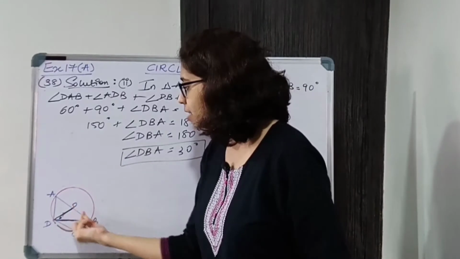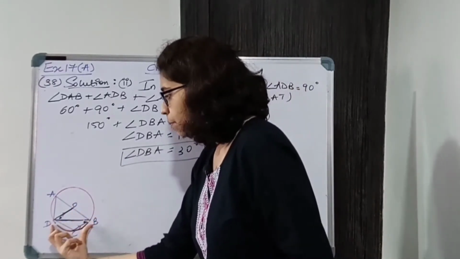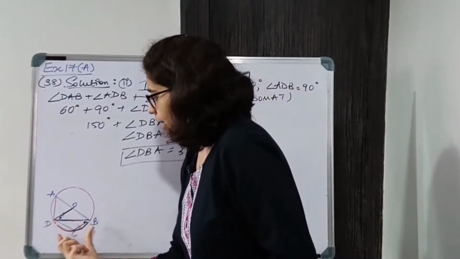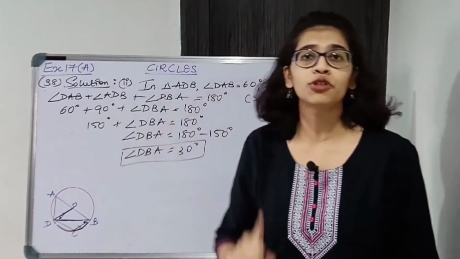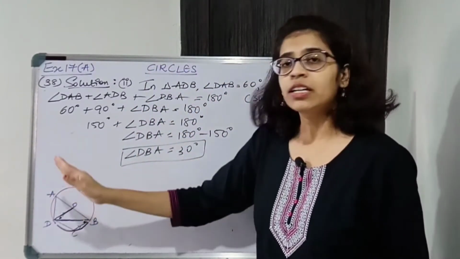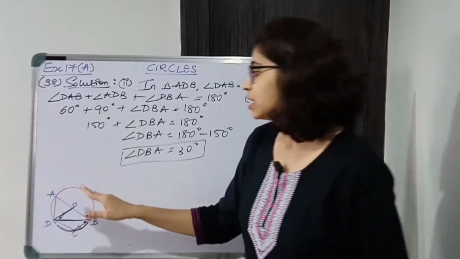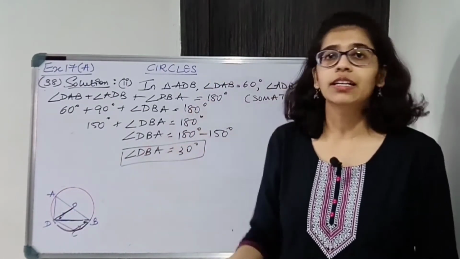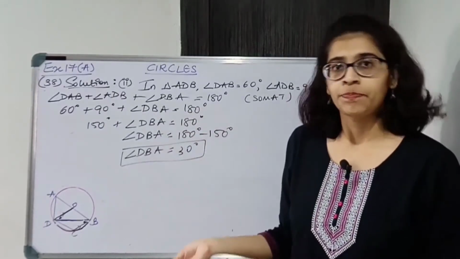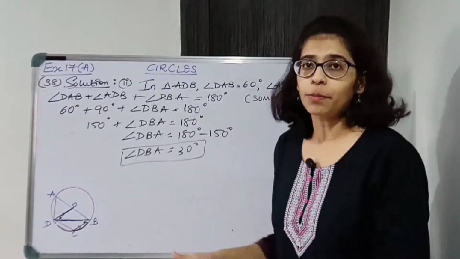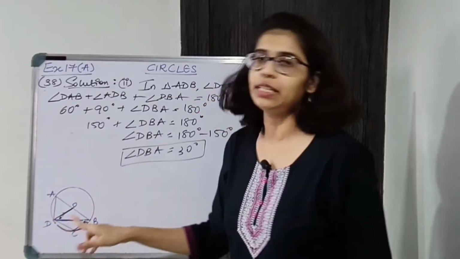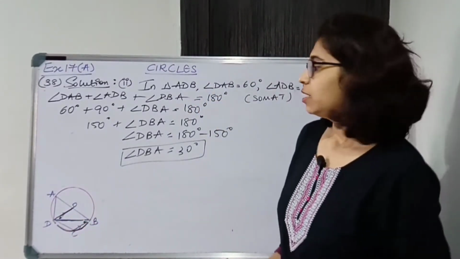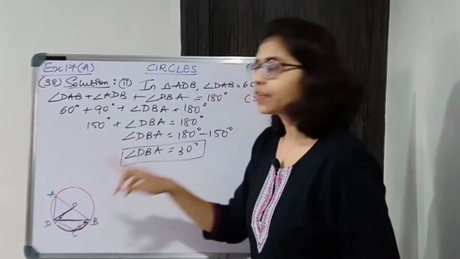This is the angle at the center, subtended by this arc, and this same arc is subtending angle DAB on the circumference of the circle. I found angle DAB in the first part, so I can easily find angle DOB. It is twice angle DAB using the property. So we'll start with the property first. We have to find angle DOB, then angle ODB, and then angle DBC. So for DOB we will use DAB.